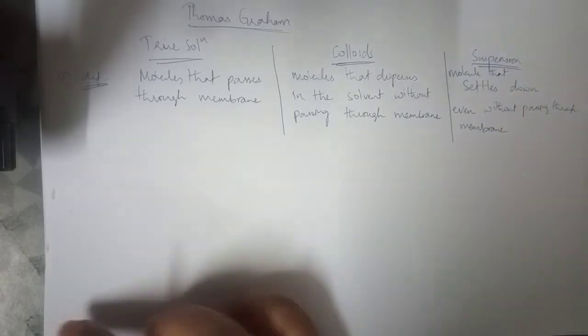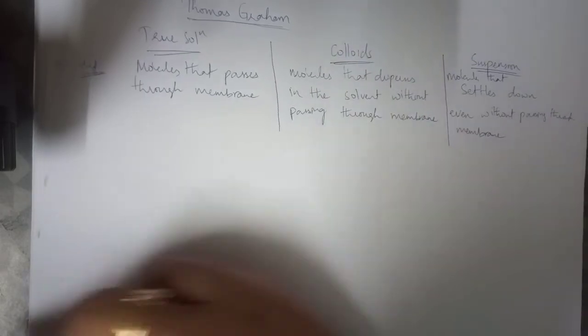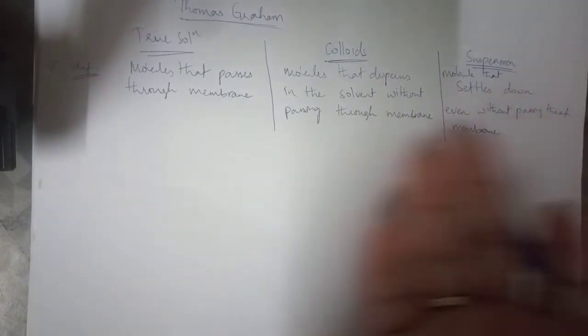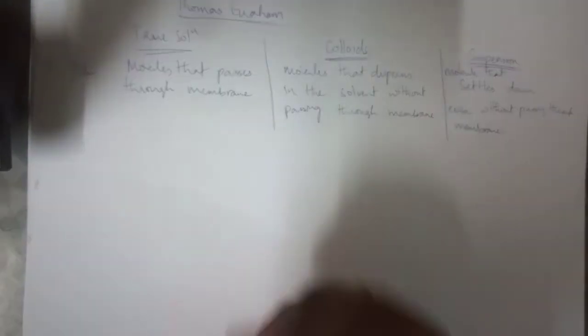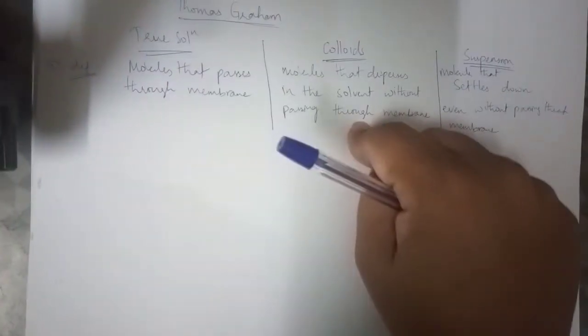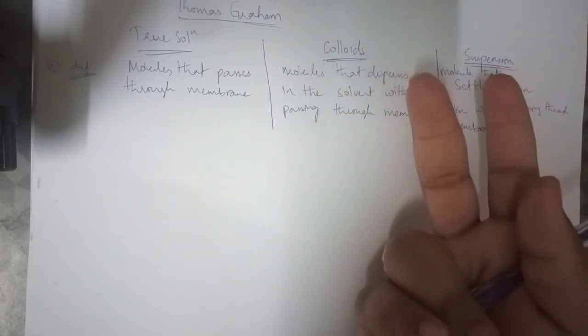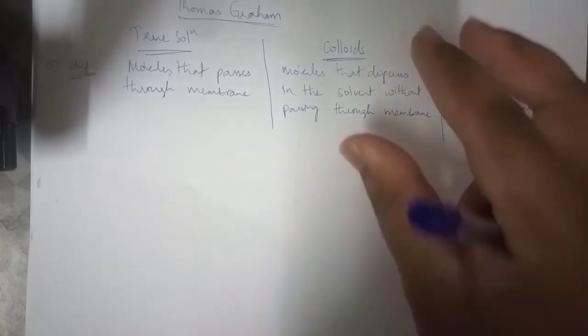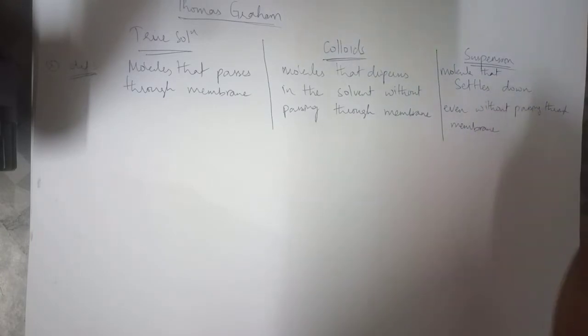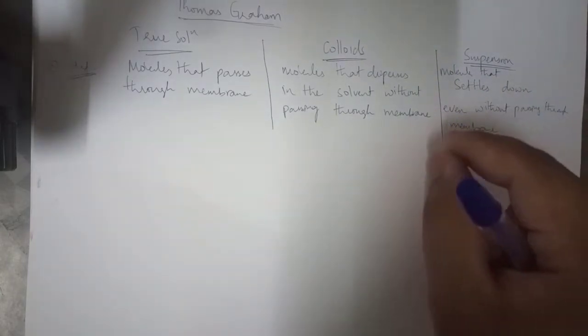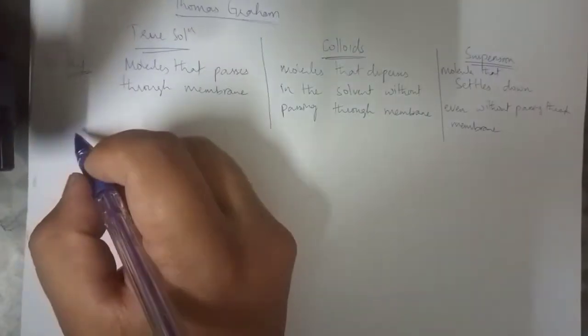Okay, so in a very lame definition, if you want me to tell, you're all familiar. True solution is that the solute particles completely dissolve, you cannot see with the naked eye. Colloids, it's like you can see but cannot see type. Okay, suspension, you can clearly see the particles that are inside the solvent. Anyways, by definition that was it, then we can talk about the size.